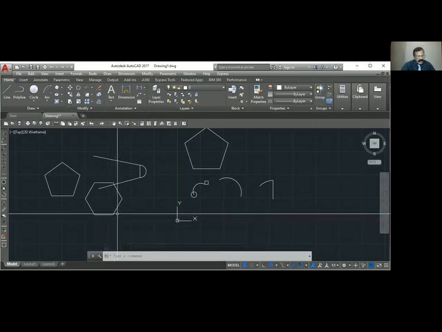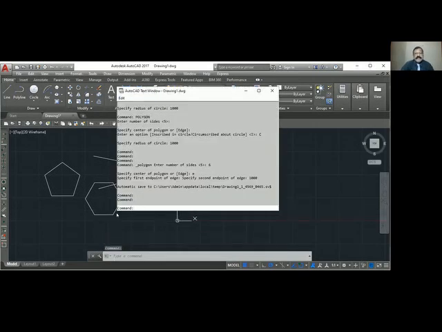So what are the steps involved? Control F2. First you will type polygon, then number of sides. Okay, I typed 6. Then instead of showing the center, I will type E, edge. Then first point you have to show, then second point.